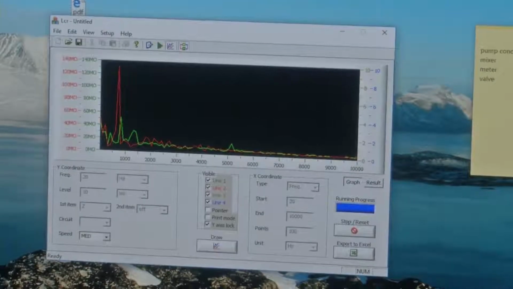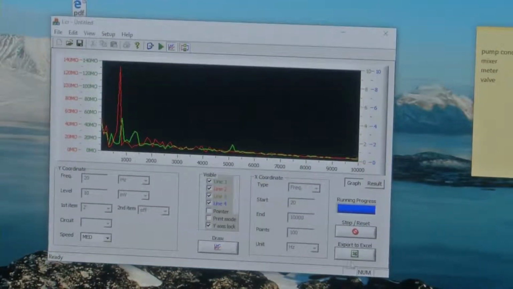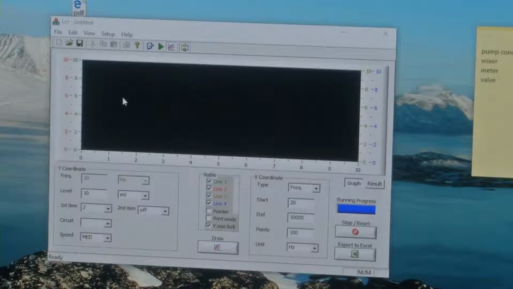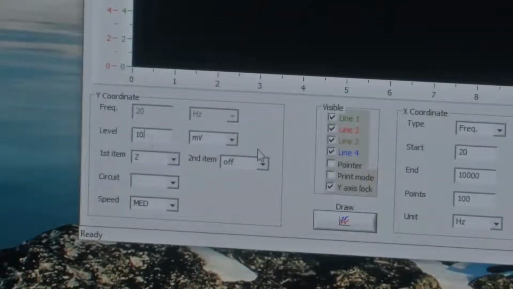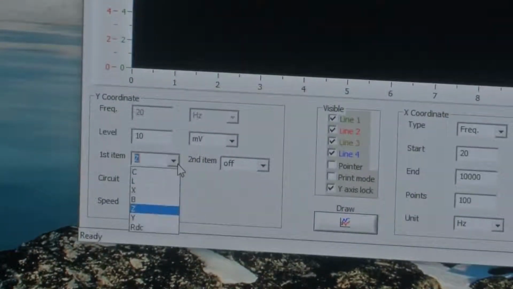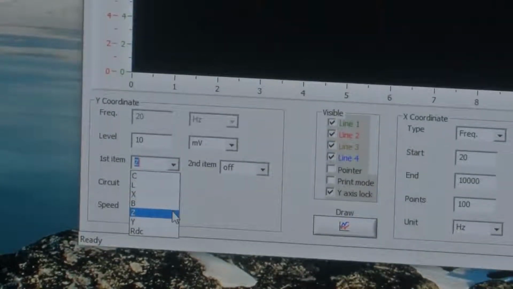There are multiple options which are given here. Now let's say I stop. And then see this. You could choose the frequency, you could choose the voltage. Like I said, the force voltage is set to 10 millivolt. And then you could choose what is the measuring parameter.